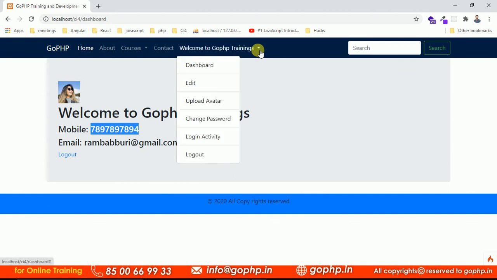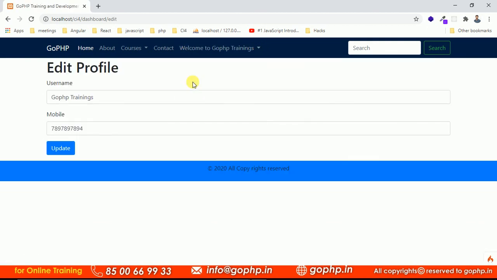Anyhow, I have very little information, guys. While registering, I just took only 4 or 5 fields of information to update. Sometimes there are very big registration forms that contain address, state, city, country, gender, date of birth, maybe every field. If it is a very big registration form, then you have to bring all the fields into the edit form, so the user can edit all the fields. So if you know how to edit 2 fields, the same logic applies for the remaining fields also, right? Yeah, this is all about the edit form, guys.